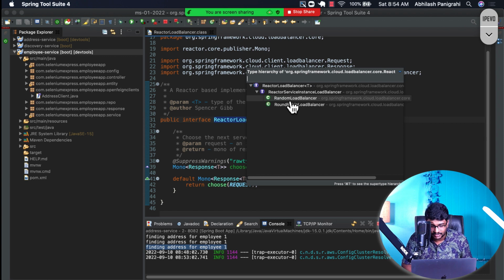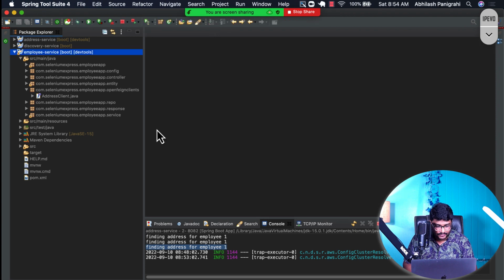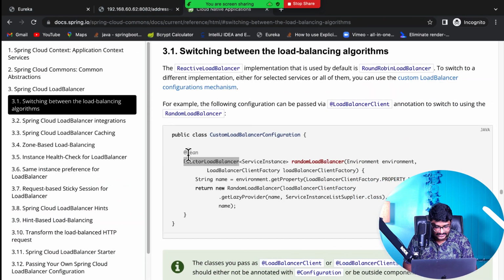Maybe I'll also do some of the research, but right now we have only a random load balancer and a round robin load balancer, which comes by default for this interface. So by default, round robin load balancer has been set. If you want to set the random load balancer here, what they are telling you is that if you want to create a custom load balancer, you can absolutely do it, and you can set the random load balancer by creating a bean just the way they have